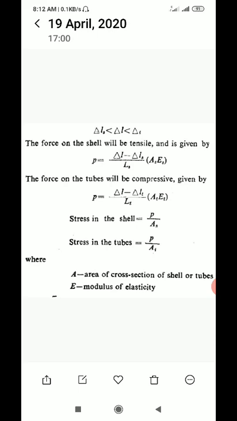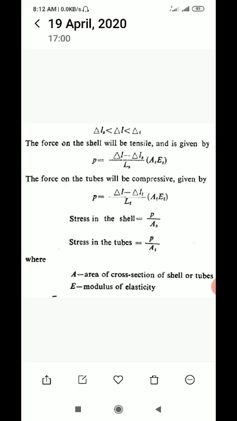Therefore, the force on the shell will be tensile, and it is given by P is equal to (delta L minus delta LS) divided by LS